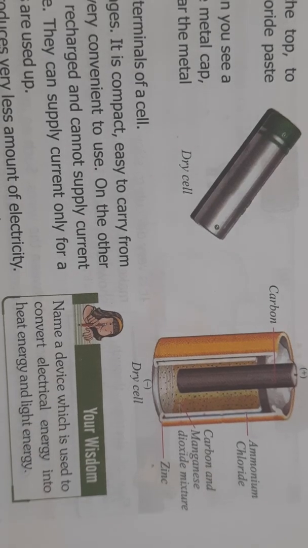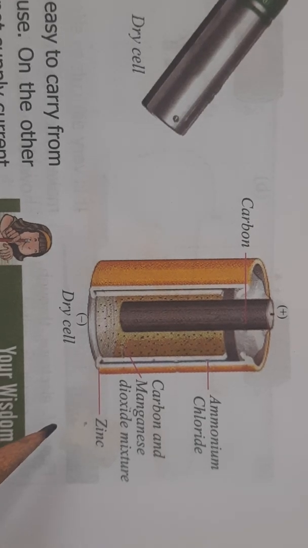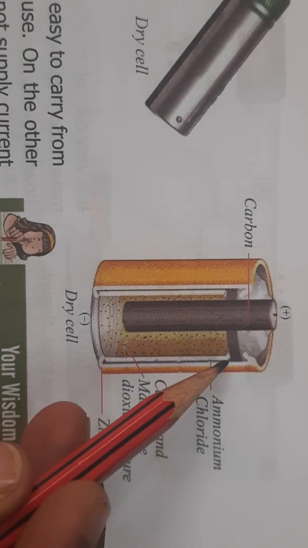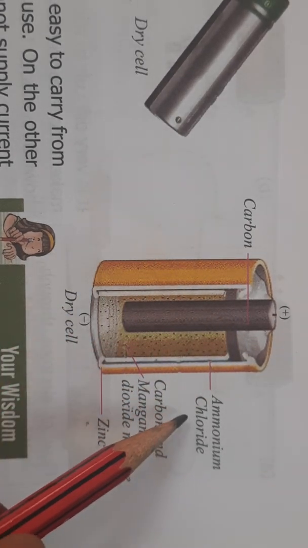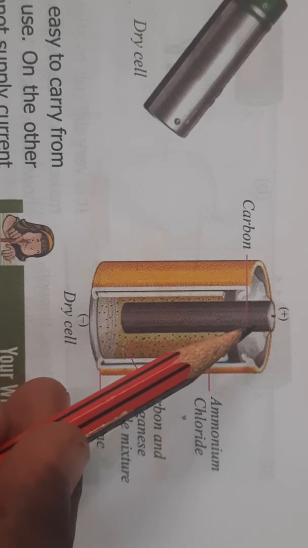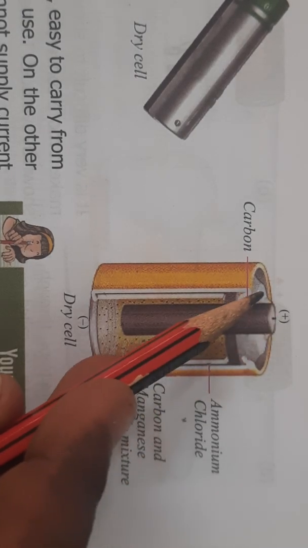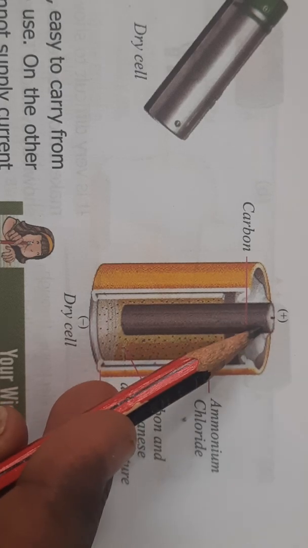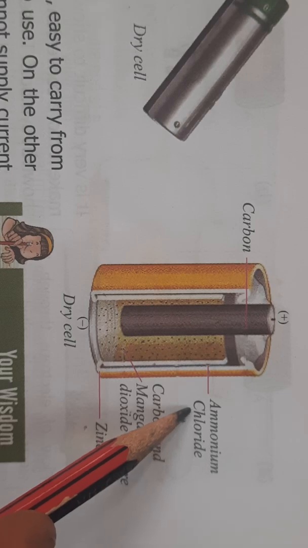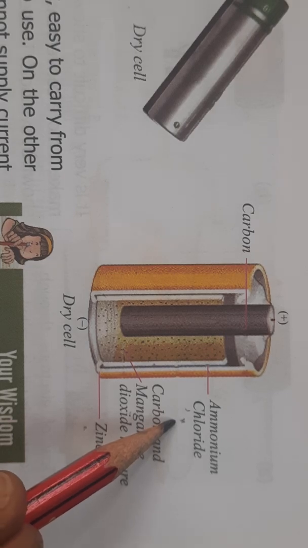This is a mixture of powdered carbon and manganese dioxide, and a paste of ammonium chloride surrounds this mixture from outside. और इसके पूरे बाहर क्या है? Ammonium chloride का mixture. Now the cell is sealed from the top. You all must have seen when we bring the cell from market, it is sealed from top. एक red color का ऊपर covering, plastic covering रहता है. And why is it sealed? To prevent the ammonium chloride paste from drying up. अगर वो sealed नहीं होगा तो this ammonium chloride will dry up.